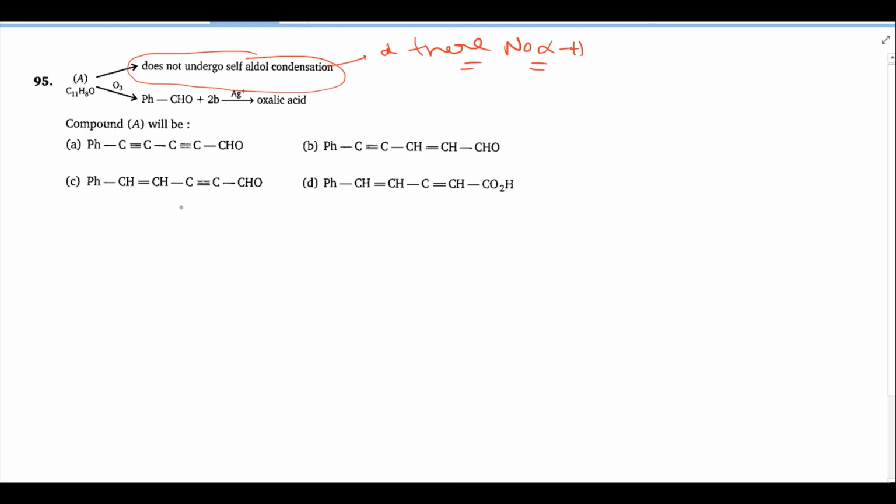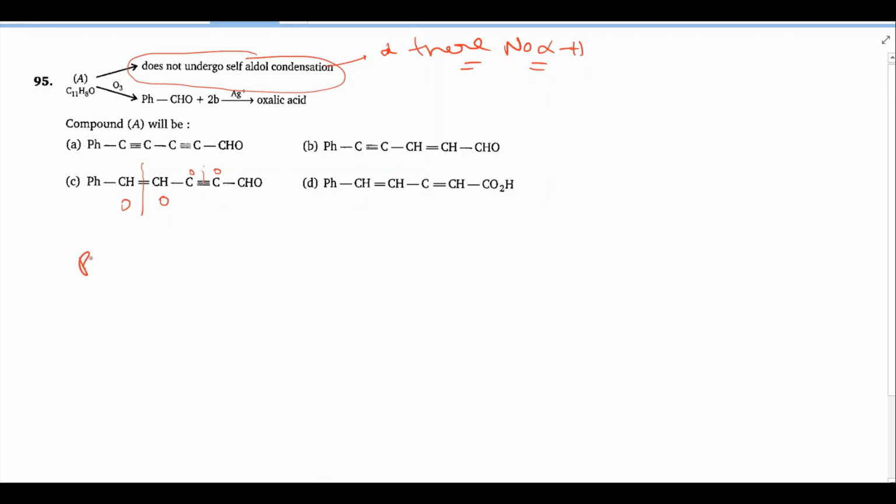So if you take 95, you can see the C option, ozonolysis. Ozonolysis means what will happen? You can take the C option, the bond breaking like this. Oxygen is added, oxygen is added. Here bond breaks, here one oxygen is added, one oxygen. I did not completely break this bond here because it is a triple bond. Okay, because it is a triple bond, I did not break it completely.